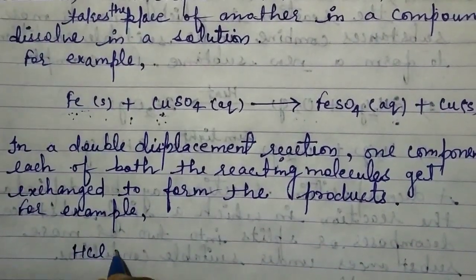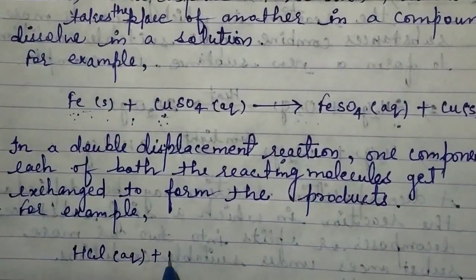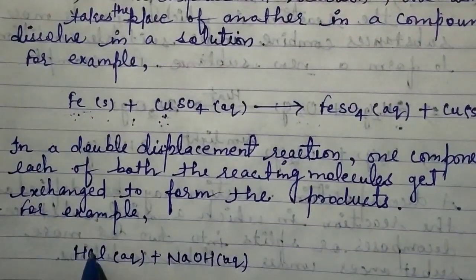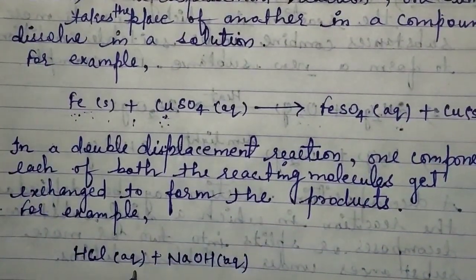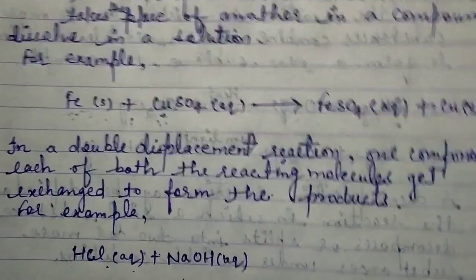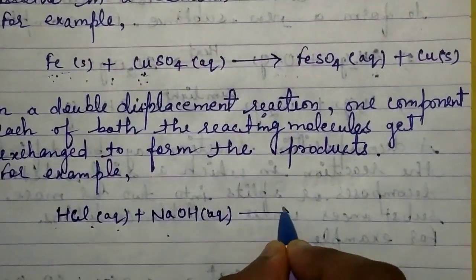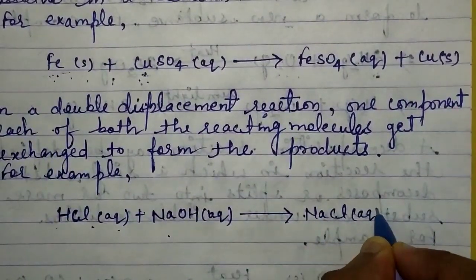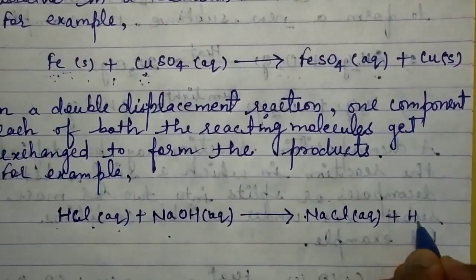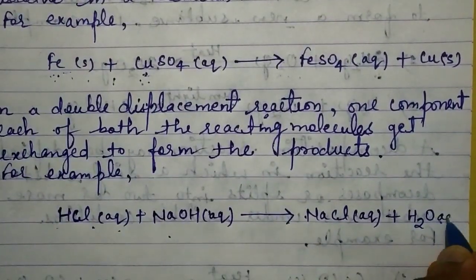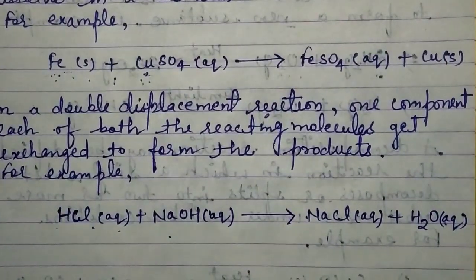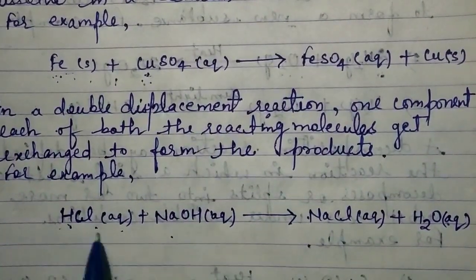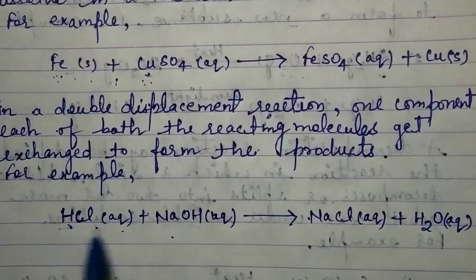HCl, it is aqueous, when react with sodium hydroxide, it is a base. Okay, in next chapter we will discuss about this. It is a acid HCl and NaOH is a base. After reacting gives NaCl, aqueous. Okay, it is a salt plus H2O, water is formed here. So in this reaction, one component of both reacting, अब यहाँ पे दो reacting सब्सटेंस हमारे पास,